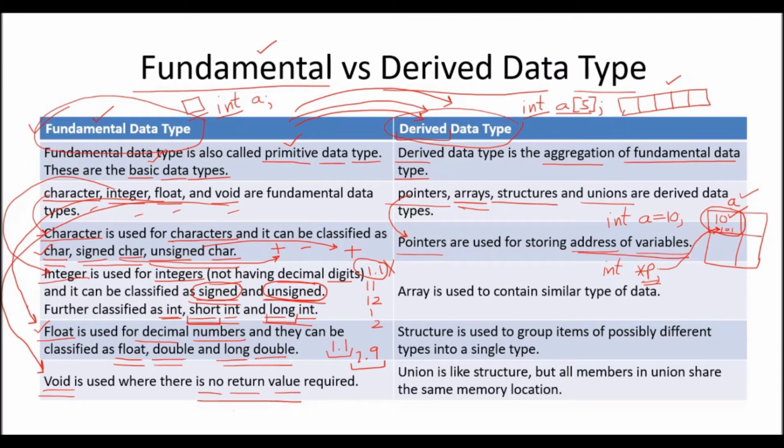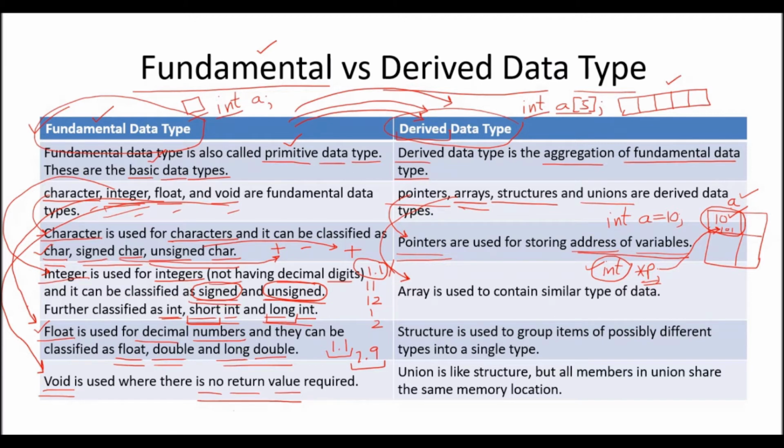So pointer can be declared by *p. Okay. Second one is your array. Array is the derived data type. Well, I was talking about pointer. You can see that pointer itself is taken from the integer, and integer is by default your fundamental data type. That's why the pointer is becoming your derived, not the inbuilt. So pointer is the derived data type.